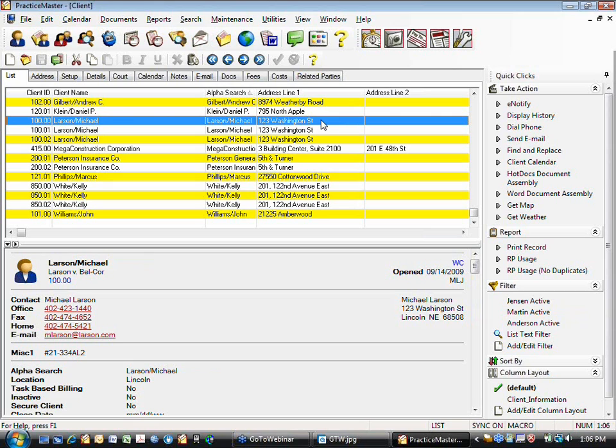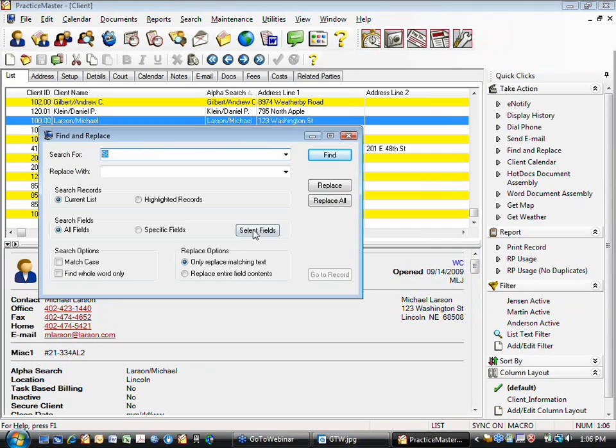I could do a find and a replace. So now that I'm in the list tab, I come over here and I would just click on the find and replace. It's going to open up a little box here. I can search for my ST for street, and I can tell it that I want to replace it with the word street. And then I can either choose the current list that's out here, everybody that's on that list,